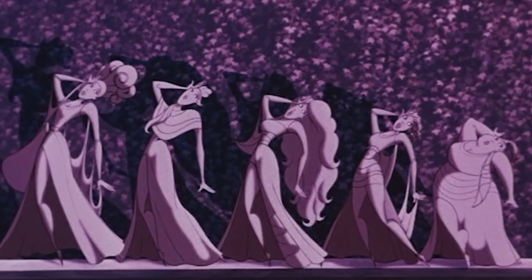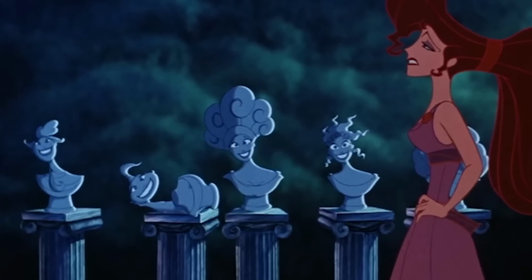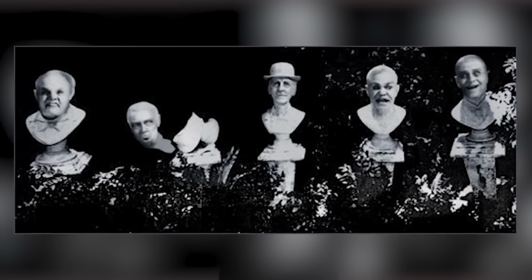Coming into number 4, we have the muses as the haunted heads. Okay, we're back to Hercules. I love Hercules. Hercules and Disneyland share a scary little Easter egg between them. As the muses sing with Meg in I Won't Say I'm in Love, they line up like this. Have a look. This turns out to be exactly how the head statues are situated in the Haunted Mansion attraction in the Disneylands. What is Disney trying to tell us? I have to say Hercules is one of my favourite Disney movies, and the Haunted Mansion is one of my favourite Disneyland rides, so...